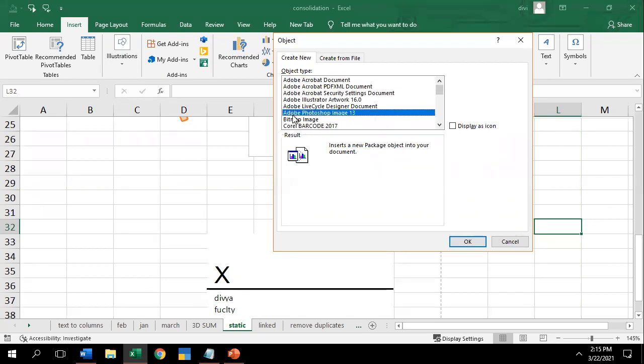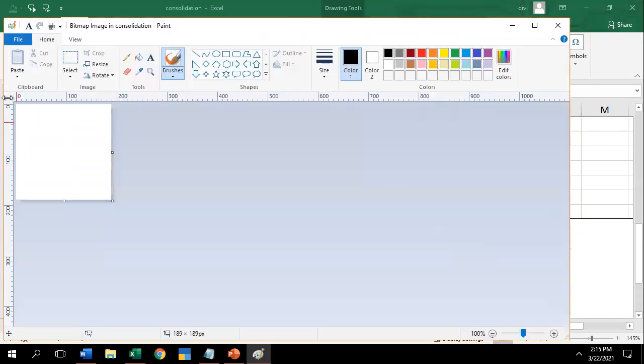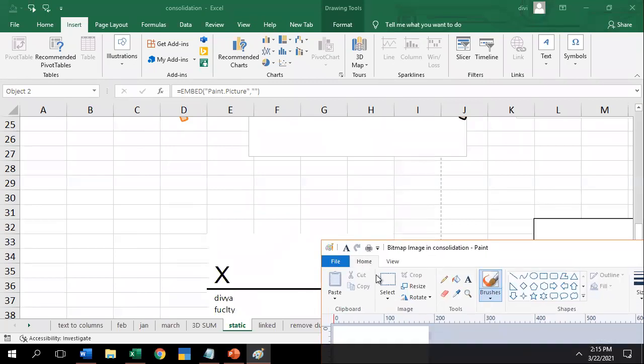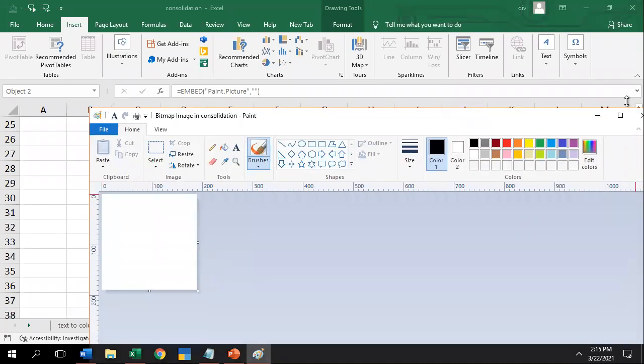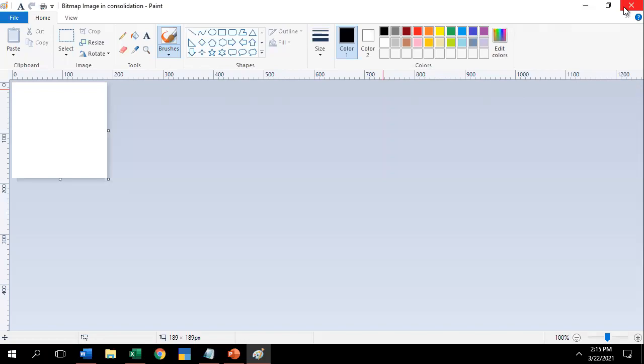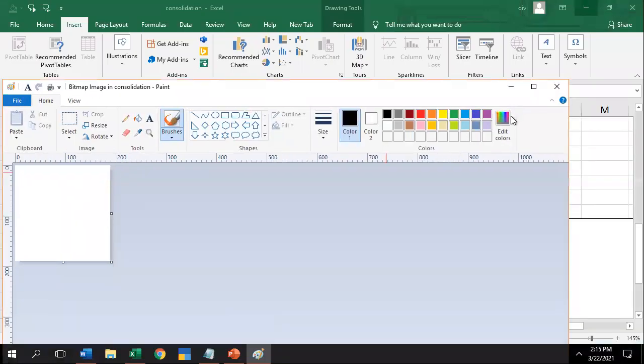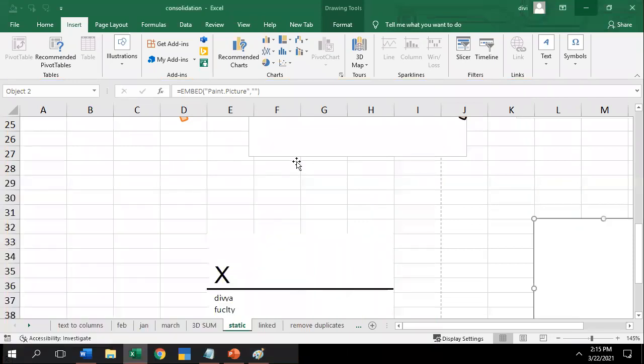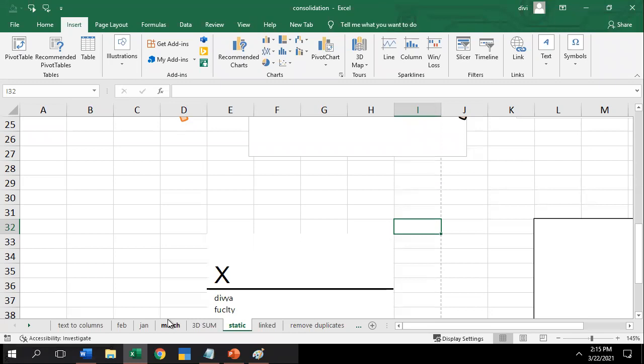For example, I'm going to show the bitmap. I'm going to insert it, so whatever I write in this, I'll get the data at the back. You can see, I'll just minimize this. See, I'm going to fill some shapes. Okay, it went. I'll just open the new sheet. I'll just show you.